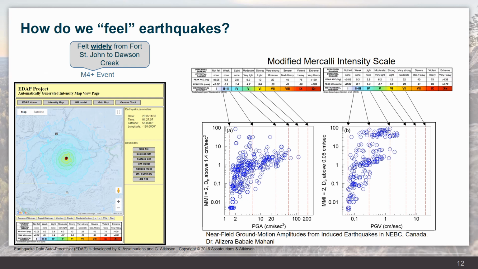While people tend to feel the acceleration, the impact to structures is better related to the peak ground velocity, or PGV. In Northeast BC, events from induced seismicity tend to have PGA, or accelerations, that can be perceived as moderate to strong shaking, whereas the PGV, or velocity, rarely exceeds an intensity level of 4. This is cataloged in the chart with the blue bubbles. The blue bubbles on the left represent recorded values of ground acceleration, or PGA, and the bubbles on the right are the same events as corresponding PGV, or peak ground velocity.